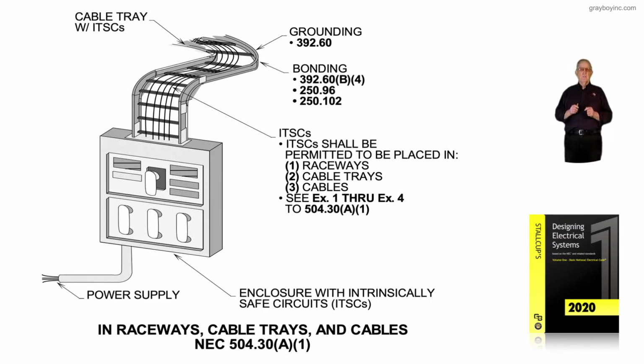Now, this illustration deals with your wiring, say, in raceways, cable trays, and cables, in accordance with NEC 504.30(A)(1). Notice we're illustrating a cable tray containing intrinsically safe circuits. And notice the intrinsically safe circuits shall be permitted to be placed in raceways, cable trays, and